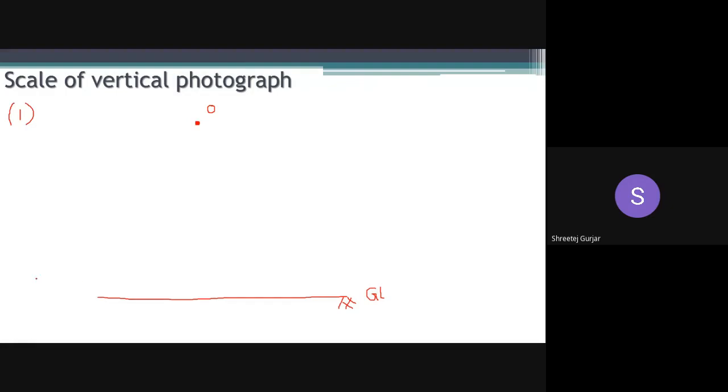Ground is marked. Now I will draw a plumb line because this is a vertical photograph. The plumb line or the gravity line, right, will be in line with the camera axis, right? Camera axis, you know what is camera axis, right? It is the axis of the camera, right? And in vertical photograph, this is perpendicular to the ground, right? It is 90 degrees. This angle to the ground and the camera axis is 90 degrees.